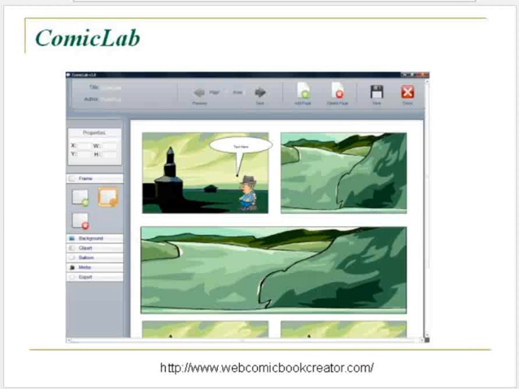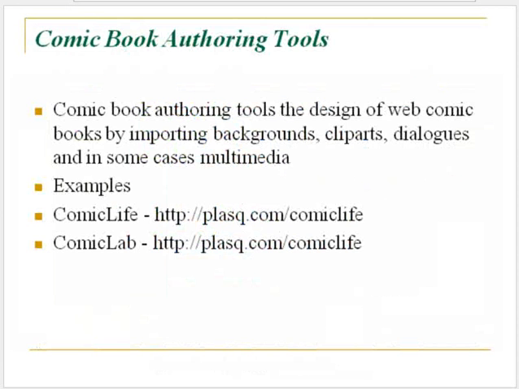I will look for one link so that you can see one of those, just to give you an idea how it is. Now, so these are the different things. Comic Life